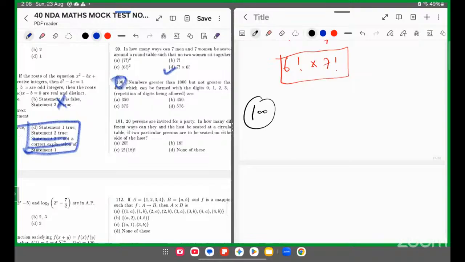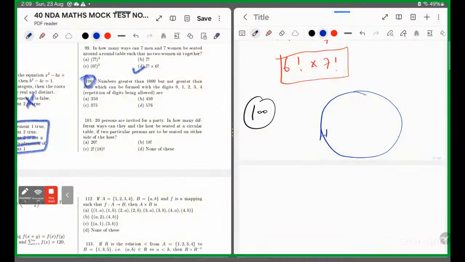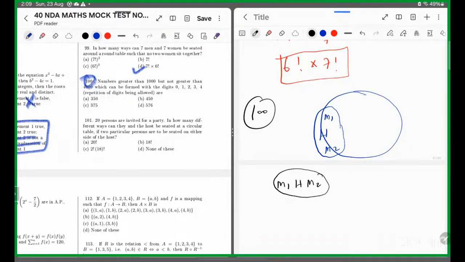उसके बाद 101, 20 persons आर इन्वाइटेड फॉर अ पार्टी इन हाउ मेनी डिफरेंट वेज कैन दे हैड द होस्ट बी सीटेड एट सर्कुलर टेबल इफ 2 पर्टिकुलर पर्सन आर टू बी सीटेड ऑन ईदर साइड ऑफ द होस्ट। ठीक है, तो कितने बंदे टोटल, 20। लेकिन कंडीशन क्या बोला है, होस्ट फॉर एग्जाम्पल इधर है, इसके साइड में 2 पर्टिकुलर बंदे रहना ही चाहिए, उनको मैं M1, M2 नाम दूंगा, मतलब फिक्स रहने चाहिए। तो इन पूरे को मैं एक बैग में रखूंगा, फिर पूरा इनको हम रोटेट कर सकते हैं, अरेंज कर सकते हैं, लेकिन इनको हमें एक यूनिट मानना है, मतलब M1 होस्ट और M2, इनको हमें एक ही यूनिट मानना पड़ेगा।